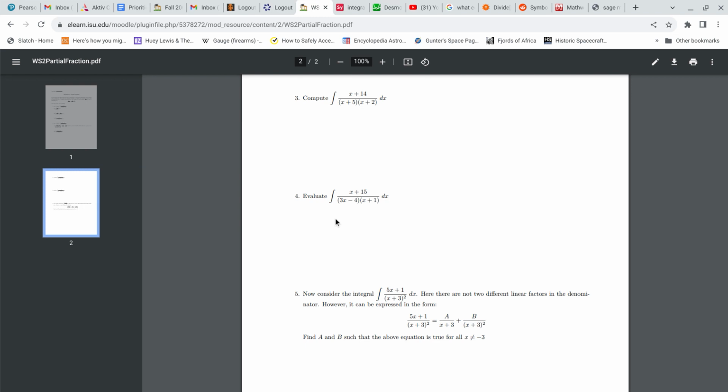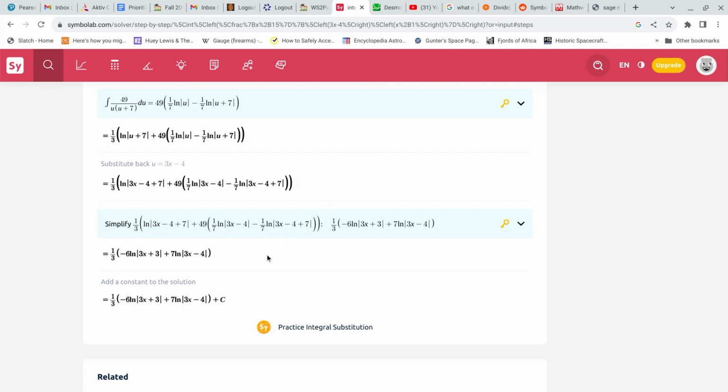came up with an answer, which was 7/3 times the natural logarithm of the absolute value of 3x minus 4 minus 2 times the natural logarithm of the absolute value of x plus 1, and then of course plus the integration constant. Now, I was just following the instructions I had been given to do this kind of math, but then I wanted to check using an online calculator, and Symbolab here gave me this answer, which if